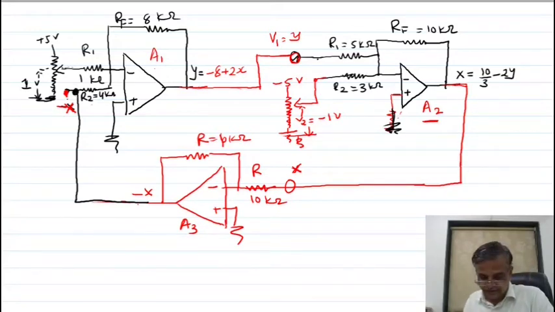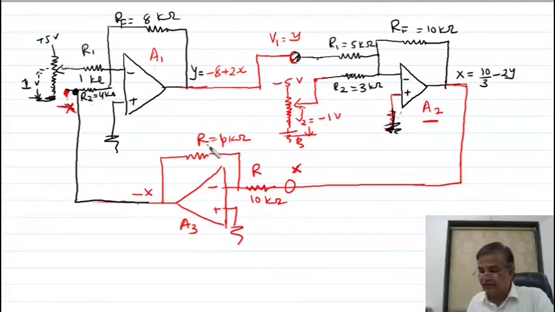So look what I did. This requires Y, so the output of A1, which is Y, I have connected here. A1 requires minus X, so what did we do? This output of A2 is X, which I have given to the inverter. The inverter output is minus X, given back to this. So this analog computer circuit is completed.